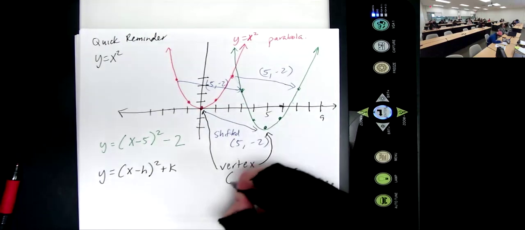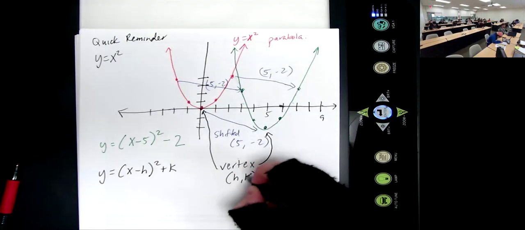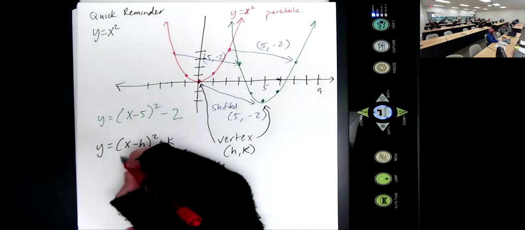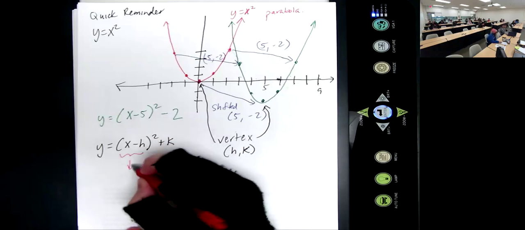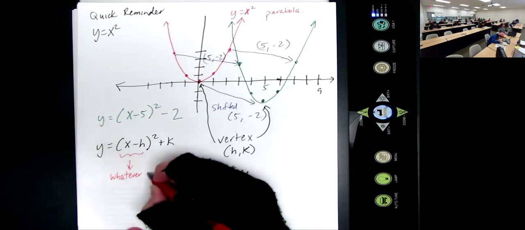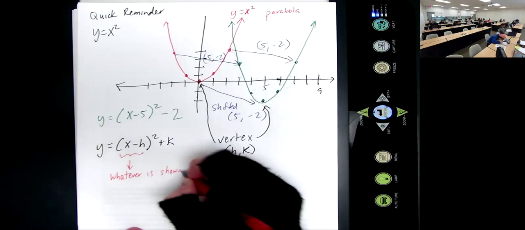The vertex is at the point h, k. So whatever is shown in the parentheses here